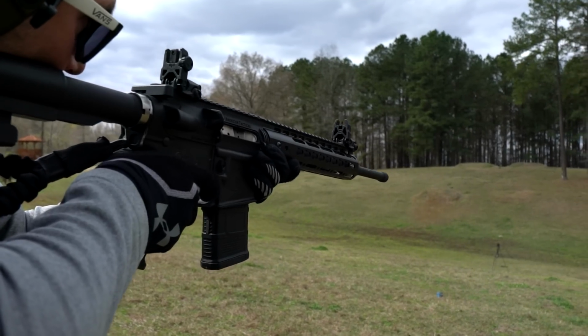It looks crazy, but it actually feels pretty good because he did some stippling on the sides, and you can still get a pretty good grip on it. It's not for everybody, but for what I was trying to build, he helped me get my gun under 5 pounds, so I appreciate that. And this is built off a polymer, not aluminum, not billet. This is built off a polymer